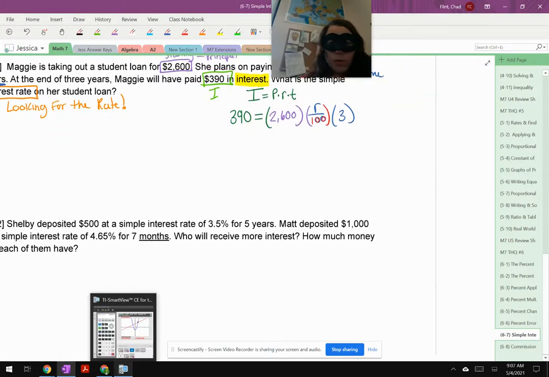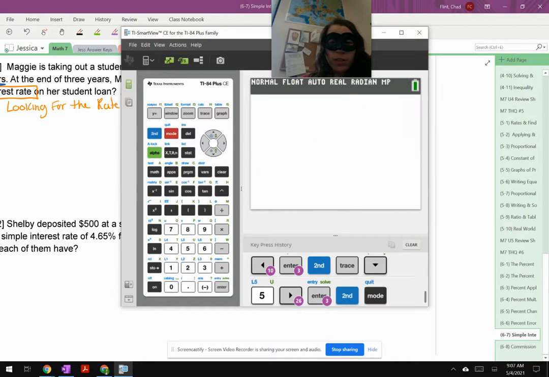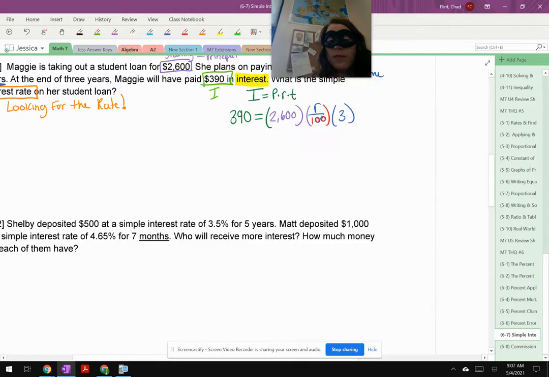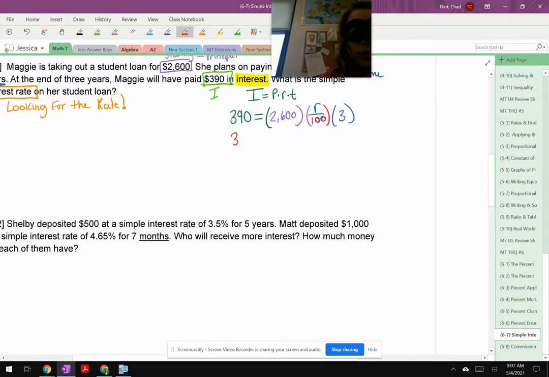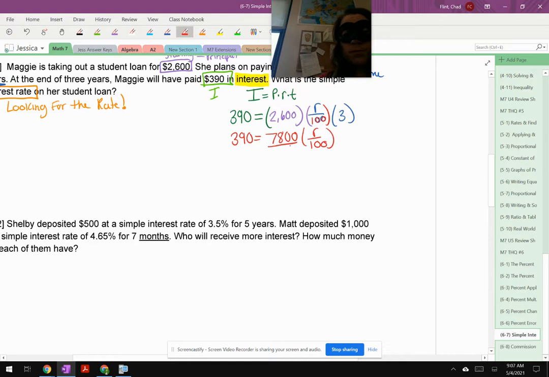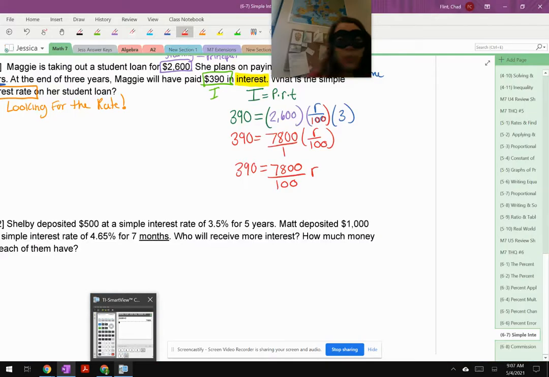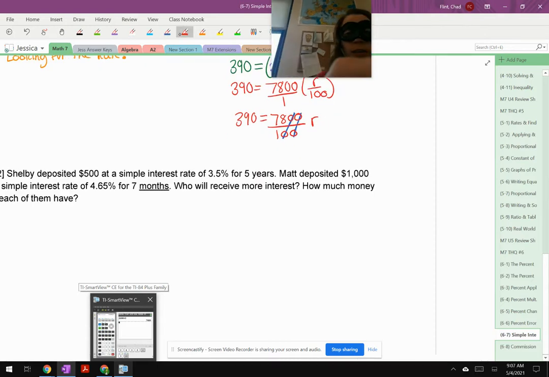Okay, so now we can do some math. 2,600 times 3 is the first logical thing I can do. 2,600 times 3 is 7,800. So 390 is equal to 7,800 times R divided by 100. I can turn that into a fraction, leaving me with 7,800 divided by 100R. I can do that nice division, which just cancels some zeros for me, leaving me with